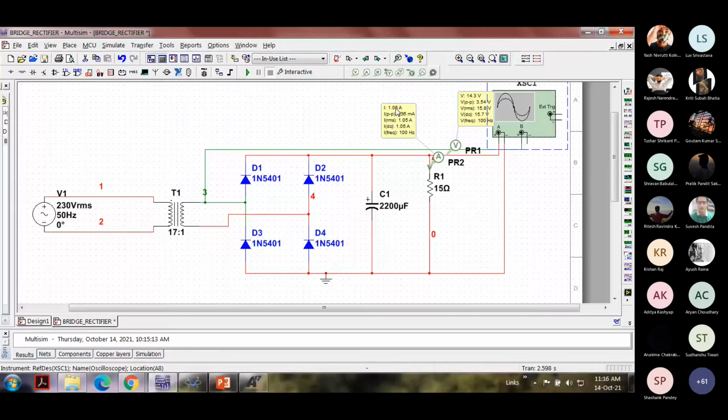So this is what we have. We can verify. There is a transformer here. We have the bridge rectifier, 4 diodes. We have a filter capacitor over here, and this is the load. That is a 15 ohms load. Now please remember this